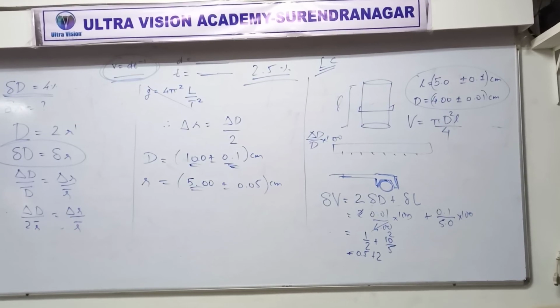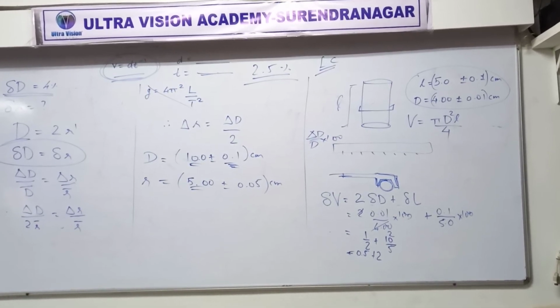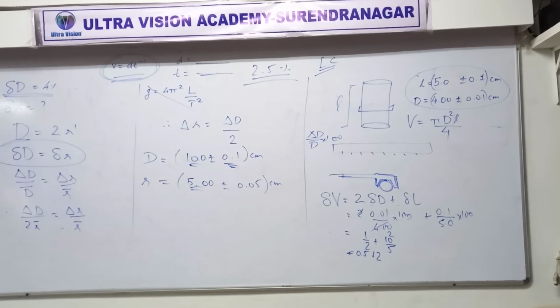Did you see the table? Okay. Now what do we have to find? For which of the following data, meaning A, B, C or D, will the measurement of g be most accurate? Most accurate means what? Error is more or less? Less. Sure? Everyone remembers that more accuracy means error is less. So error in g should be less, but error in g will come from the error in length and error in time. Is that clear?